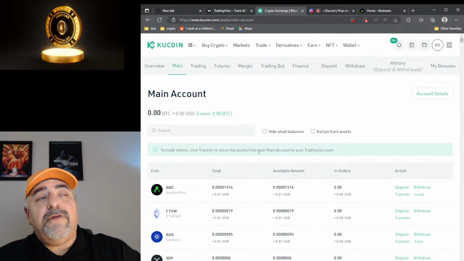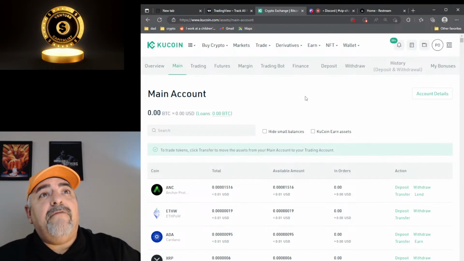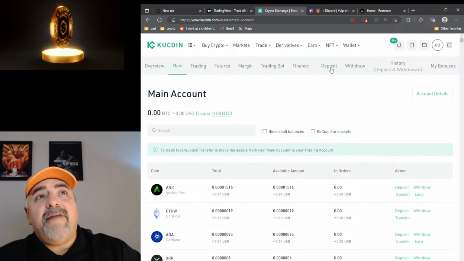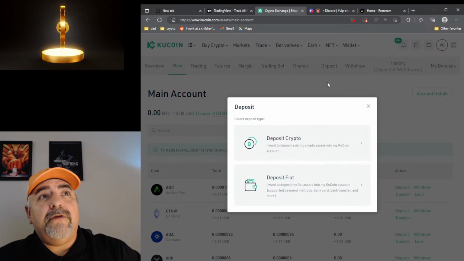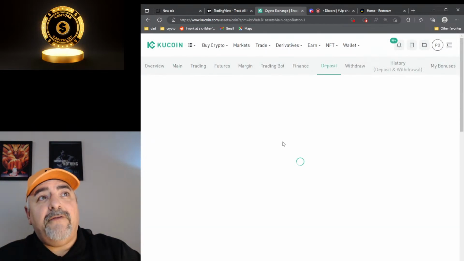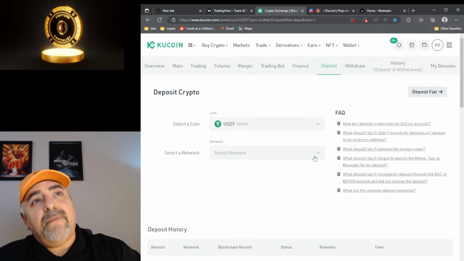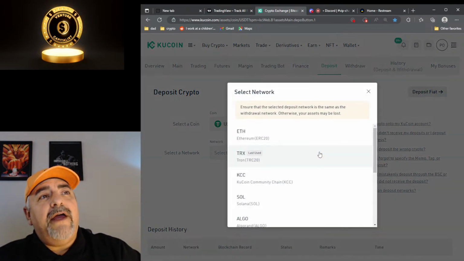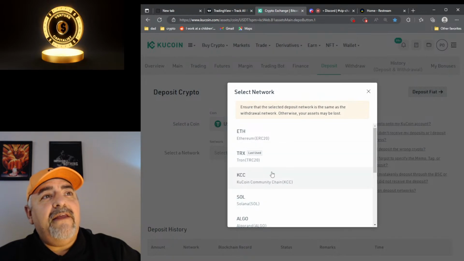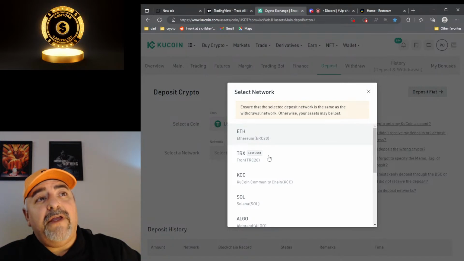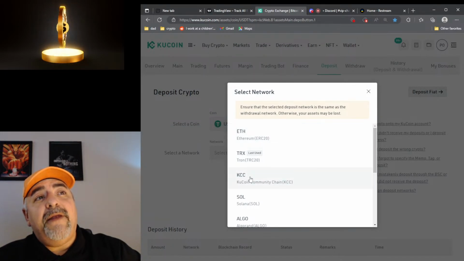funds from one place to another, you're going to have a way where you can scan a code. So let's say you go to deposit to your KuCoin, right? So you go to your computer, hit deposit, you're depositing crypto, and let's say you're going to do USDT, right? Now I normally do XLM and stuff like that and move it across. So most of the time you're going to be using an Ethereum ERC20 token, and depending where it's coming from,